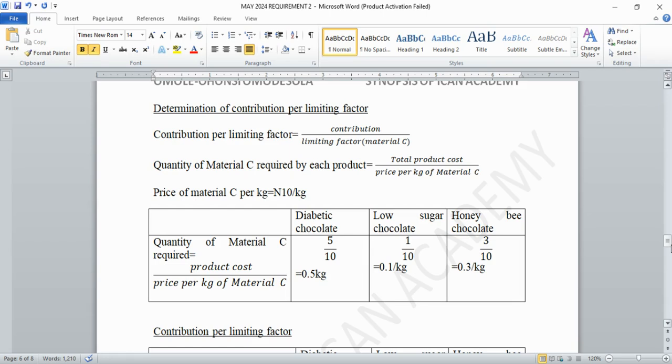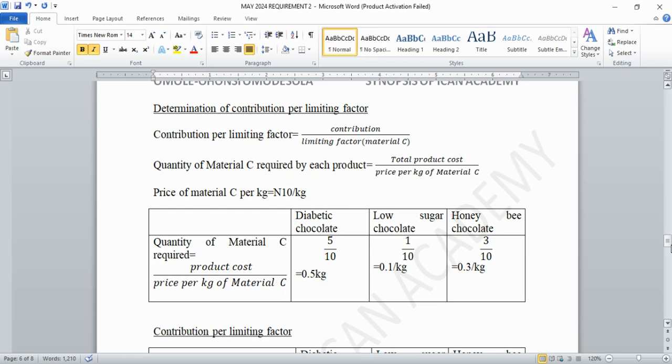Let's think about it. I have 3 books. You understand? Let's use small figures. One is 100 naira, one is 200 naira, one is 300 naira. And that means which one is giving me more income? The one of 300 naira. But as an accountant, you cannot just make decisions like that. You cannot just say the one of 300 naira, go and print it. No. You assess it. The one of 300 naira is the one giving us the highest contribution. Fine, no problem. But which one are people buying more? Because if the one of 300 naira is giving me more profits, and people only buy one per month.